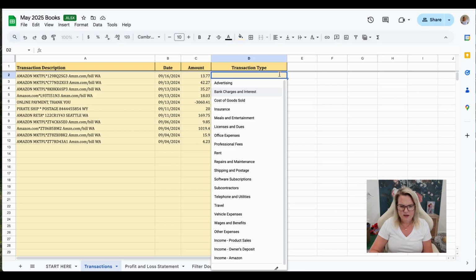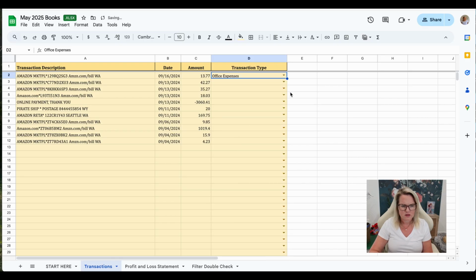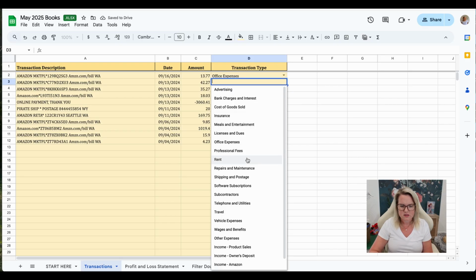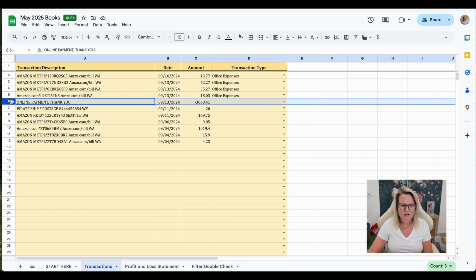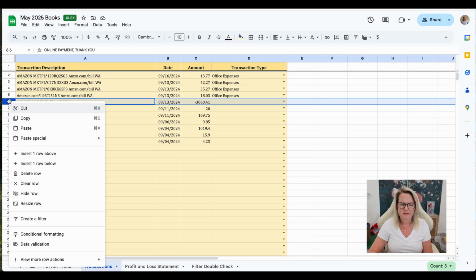So this is office expenses, because anything I'm buying on Amazon with my work credit card is an office expense. This is a credit card payment. I don't think you need the credit card payment on there, because if I remember right,